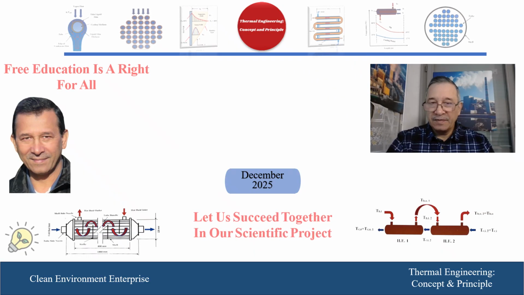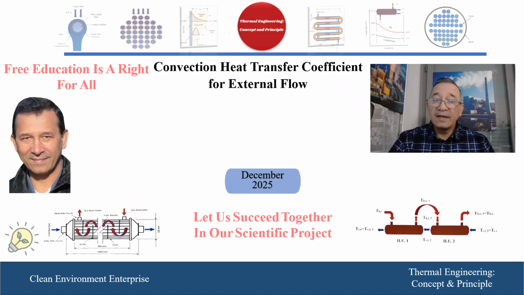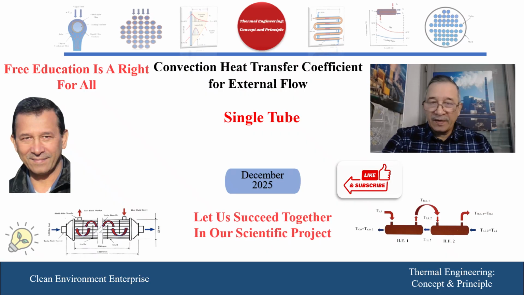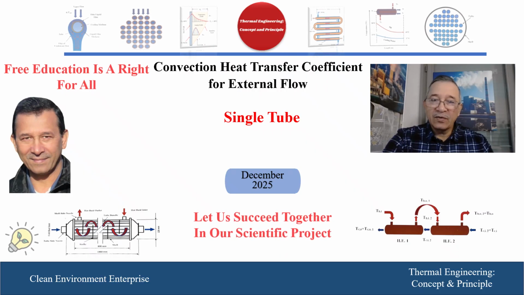In the present episode, we will pass through the estimation of convection heat transfer for external flow, where fluid passes over a single tube and we want to calculate the heat transfer coefficient of that fluid, such as air, in applications of air-cooled heat exchangers, including the condensers as well, where they are used in power plants, especially for the gas power plants. Usually they use in their design